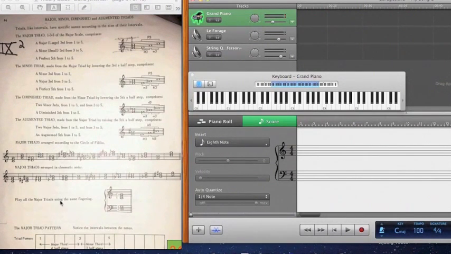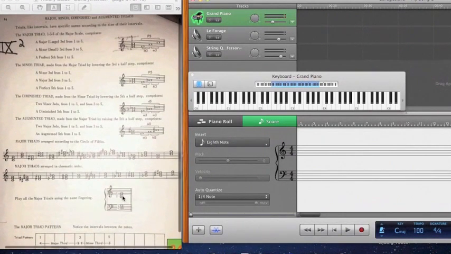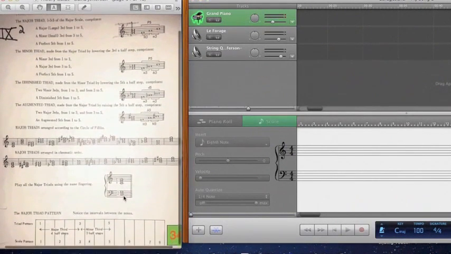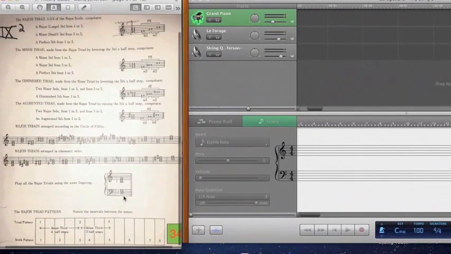And when you play the major triads in root position like this, it's always going to be the same fingering: 1, 3, 5 on the right hand, and 5, 3, 1 on the left hand. Played together, just like that. So the last thing we're going to discuss in this chapter is viewing the major triad pattern